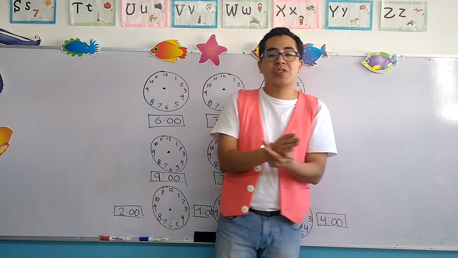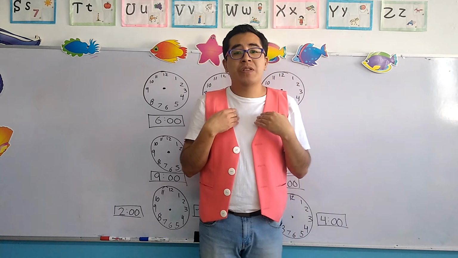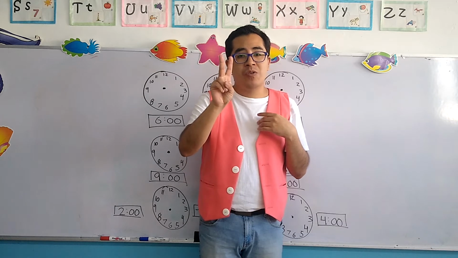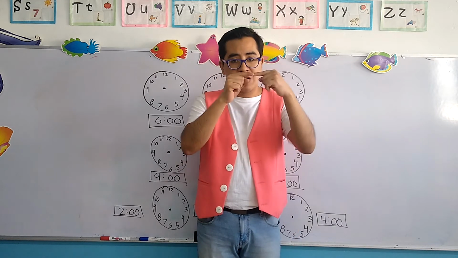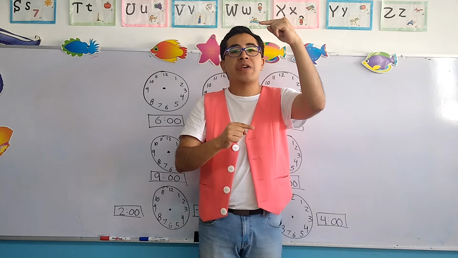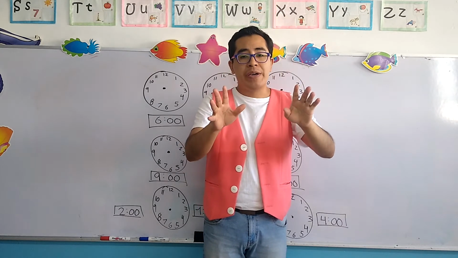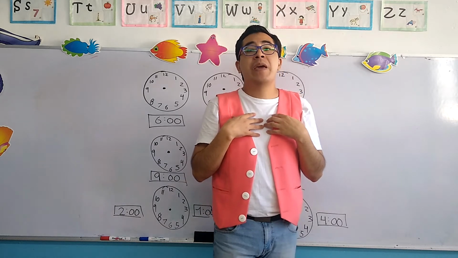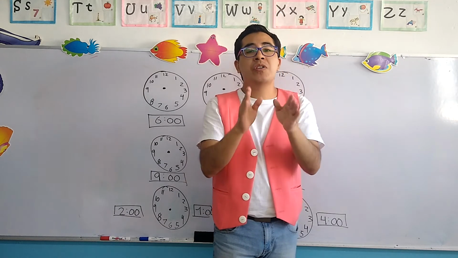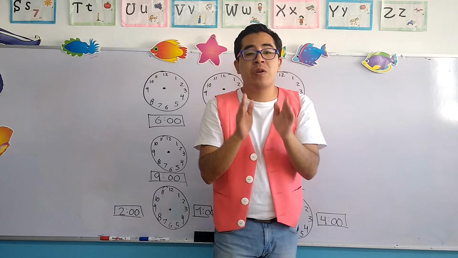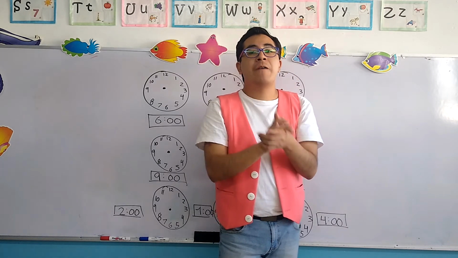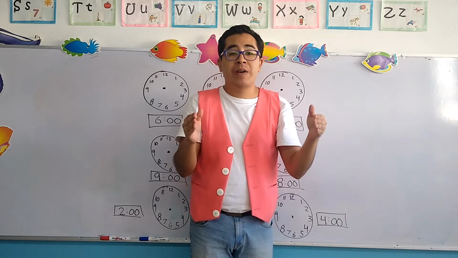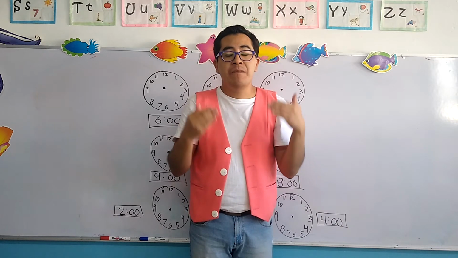Now, for these exercises, in the class of the teacher Jacob, remember, we have two arrows, okay? One of those arrows is big and the other is small. Always in the class of the teacher Jacob, the big arrow is going to be located on the number 12. Ahora, en la clase del teacher Jacob, cuando estemos trabajando con la hora, siempre